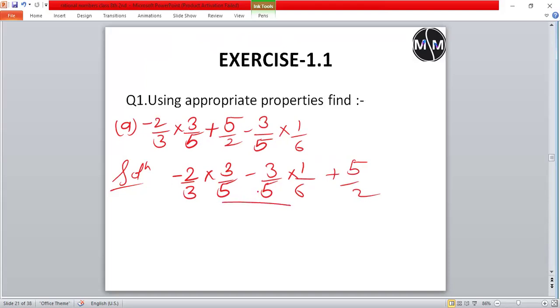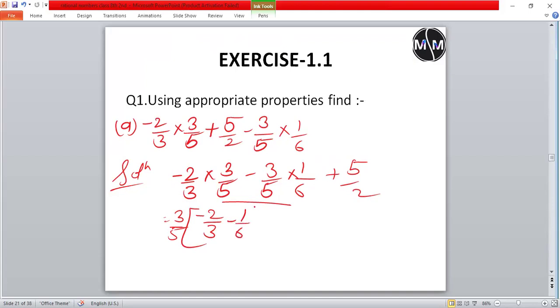Here 3 by 5 is common. I'll take it outside, 3 by 5. And inside we get minus 2 by 3